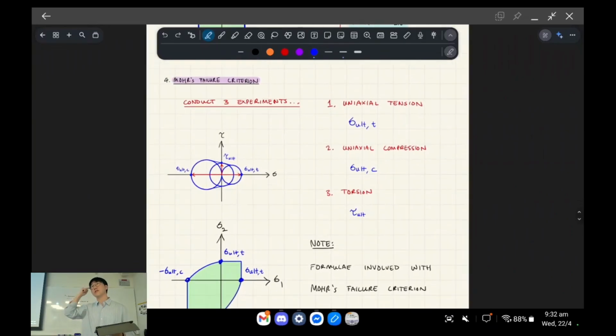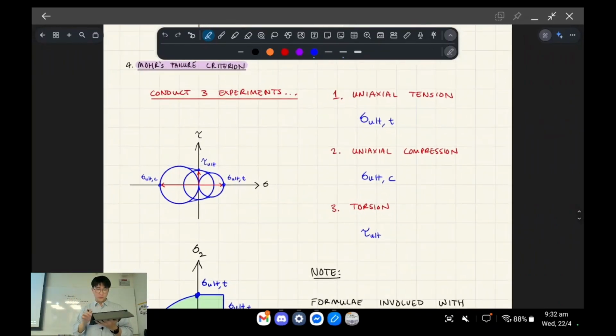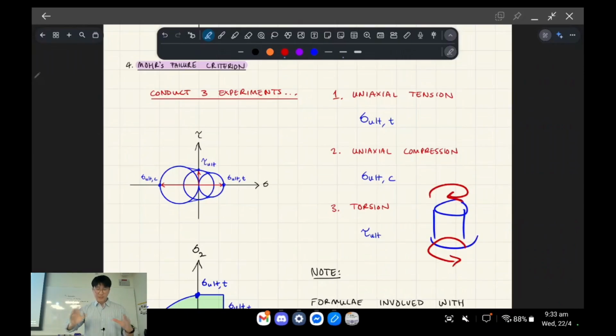So this one is how they test the properties of soil, right, in soil mechanics. So you do 3 tests. It's called a triaxial test. You test the soil in axial tension and see where it fails. You test the soil in axial compression until it fails, and then you test it in pure torsion, right? So you'll see what that looks like in a second. So you basically have a cylindrical specimen of soil, and then you apply a twist to it like that, and like that, and then you get some value, right?